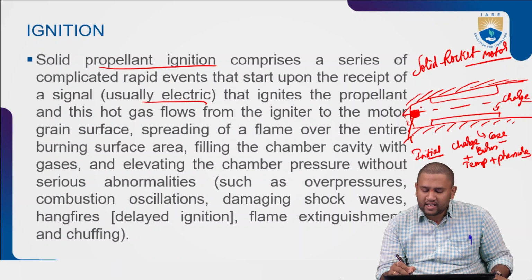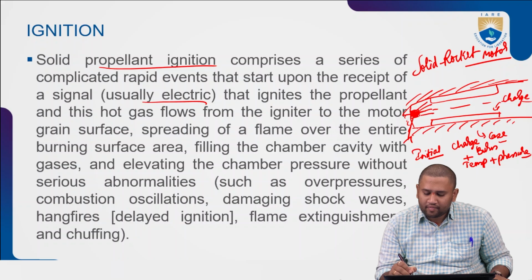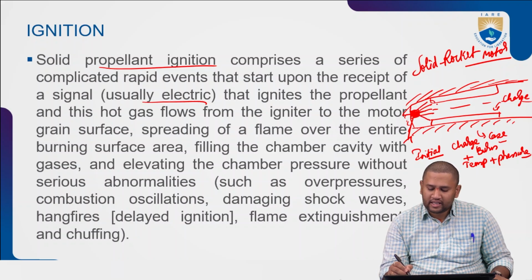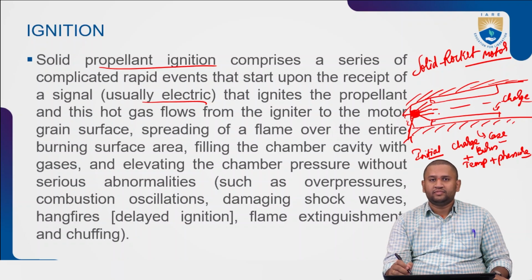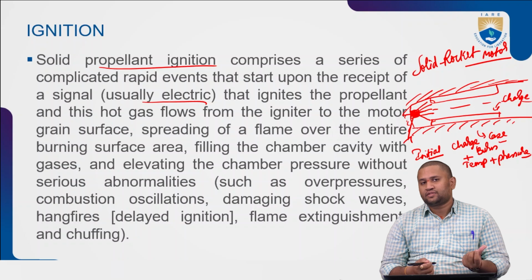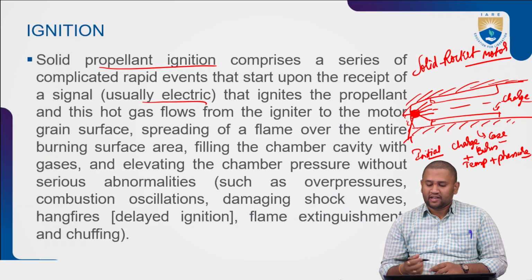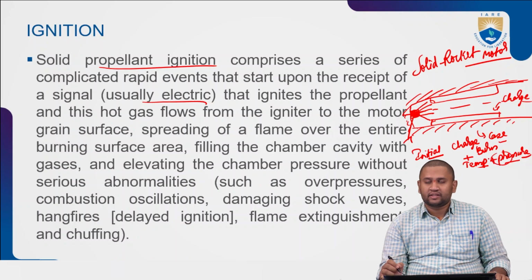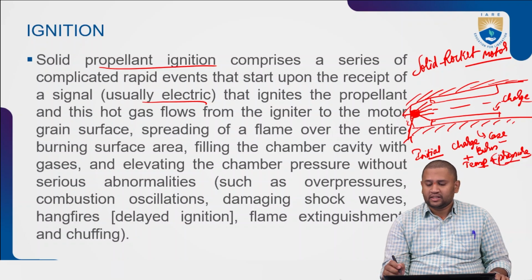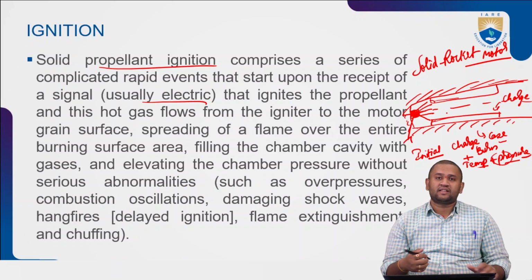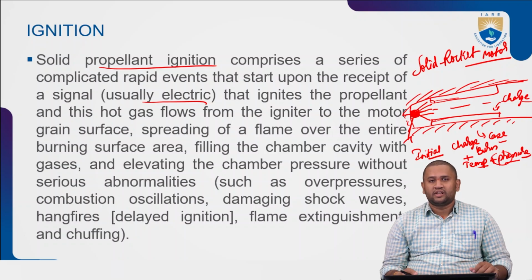What happens now as the charge burns? The initial area gets burned, rapidly converting my propellant or grain material directly to gaseous form, creating the required temperature as well as pressure. Now, based on the pressure, the grain surface, which is the surface that has been exposed,